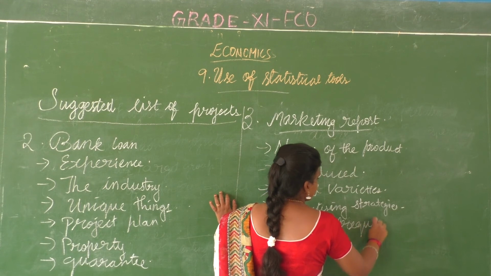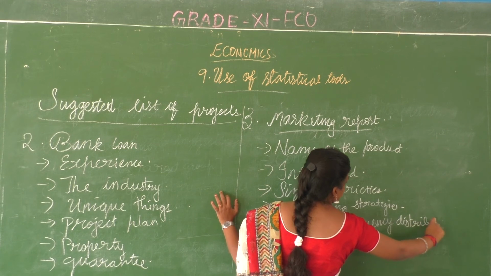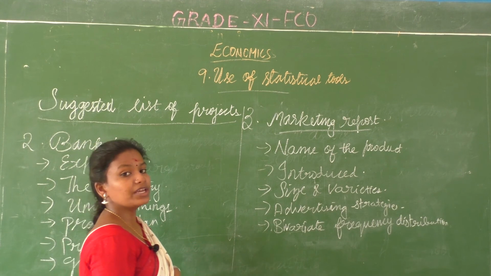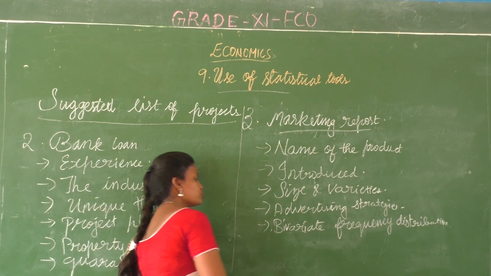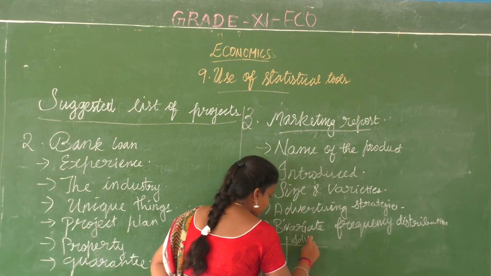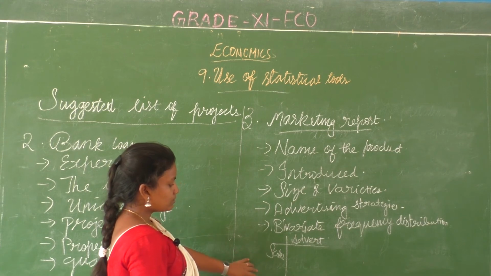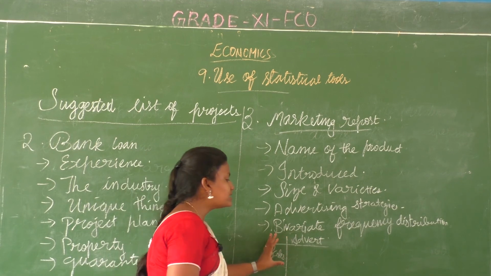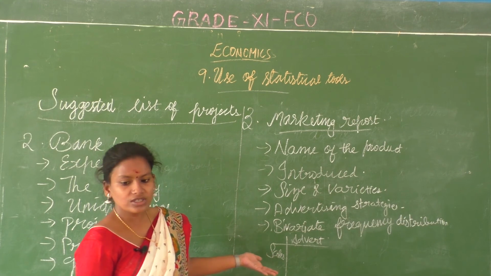frequency distribution. What will you be having? A bivariate frequency distribution. Do you remember, children? What is bivariate frequency distribution? So, one side sales means this side advertising. Having a distribution table that helps you know about two different variables. Sales, advertisement enna changes kondu vando adnala sales evlo improve aachu illa keela pochu.